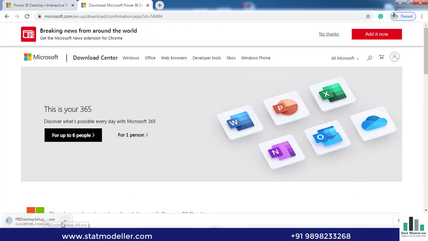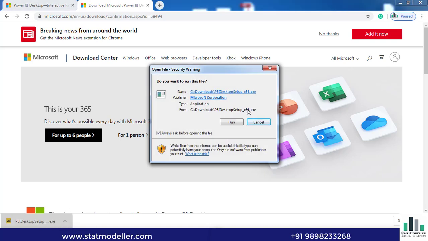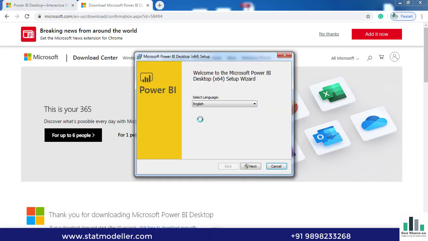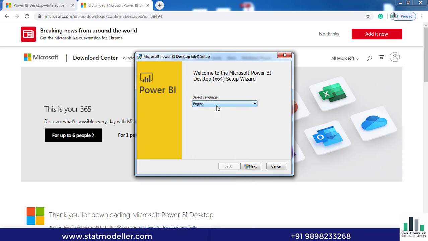Here it is downloading. I'm pausing the video. Okay, it has been downloaded. Now let us click on that, and it will ask to run this file. Let me click on run. Yes, there it is. Here also you can change your language. Let me use English and then keep on next. Make sure that you are running it as an administrator. When you click on next, it may ask for permission. At that time we have to give the permission and just wait to get it installed.